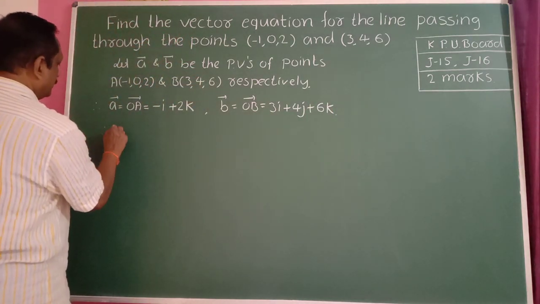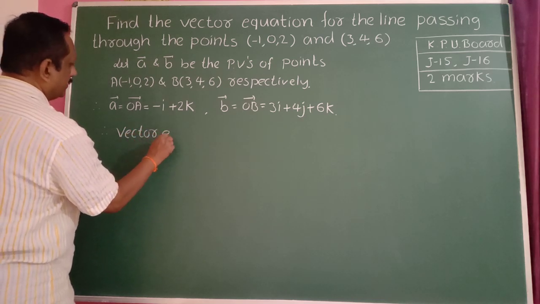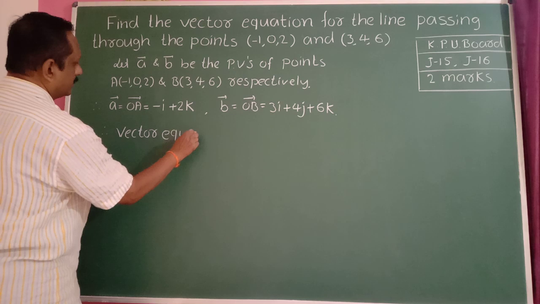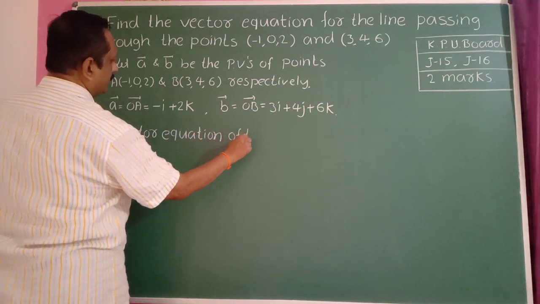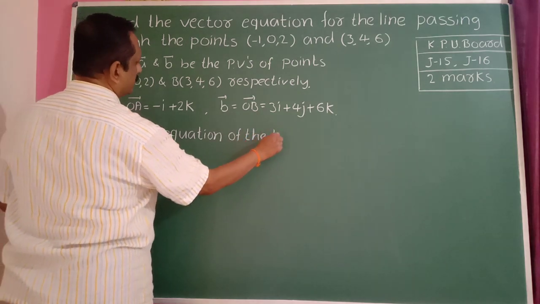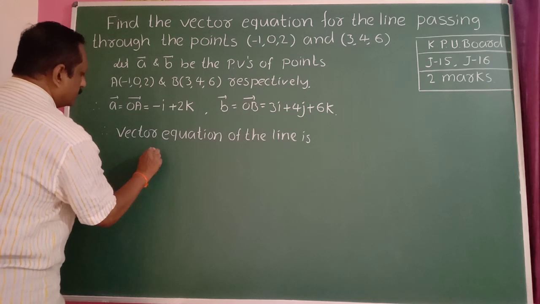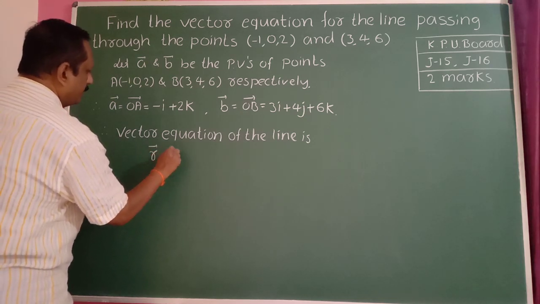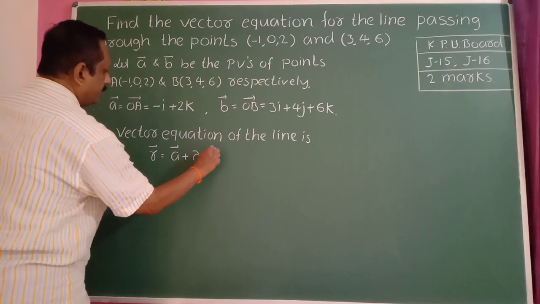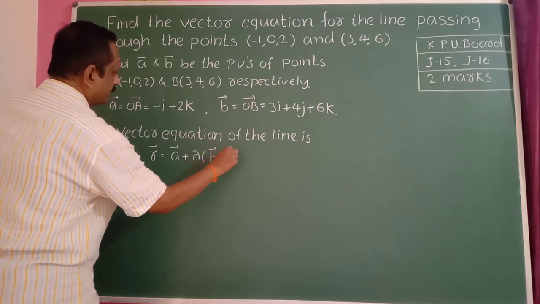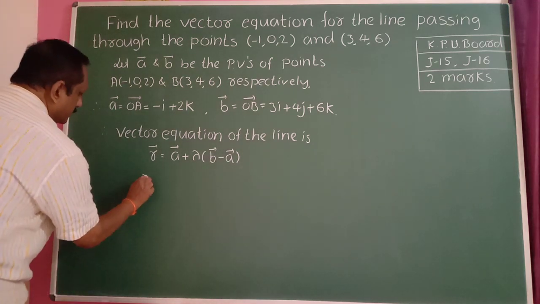Therefore, the vector equation of the line is r bar is equal to A bar plus lambda into bracket B bar minus A bar. So this is the formula. Hence r bar is equal to